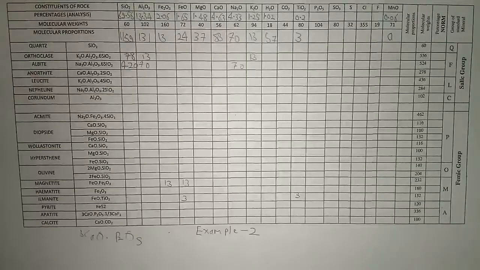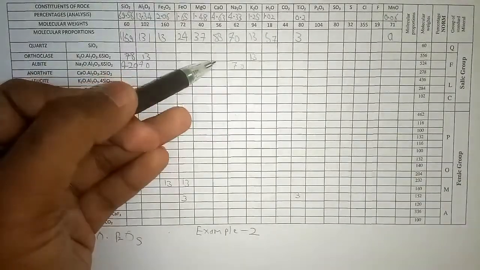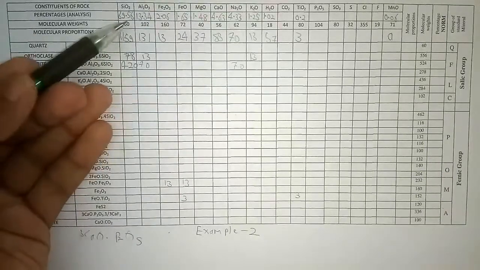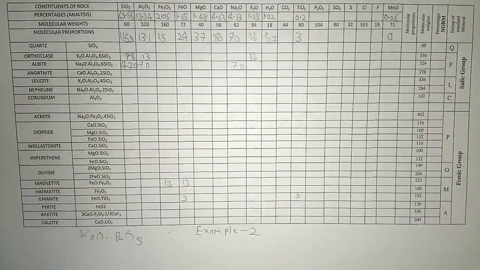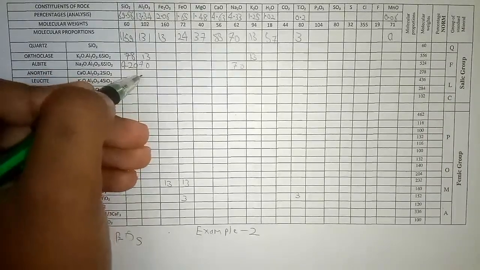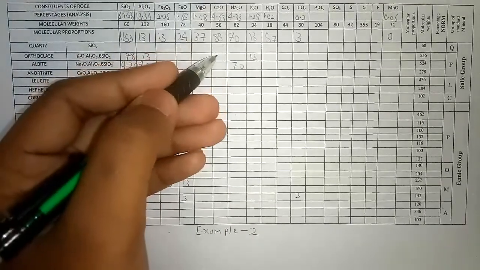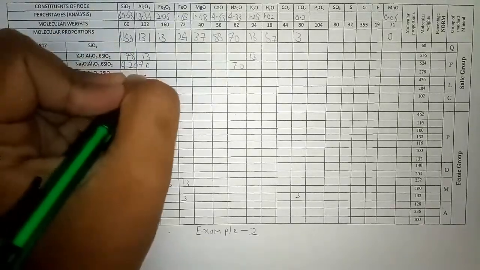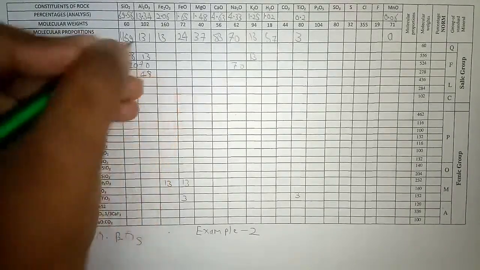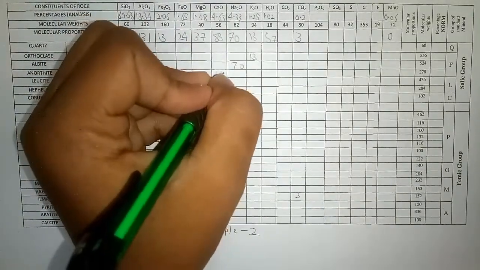Okay, so next is anorthite. Here CaO. So we have 83 CaO. But let's check how much Al2O3 we have left. 70 plus 13, we have used 83. So now only 48 Al2O3 is left. And we have 83 CaO and we have a lot of SiO2, so no need to worry about SiO2. We can make only 48 because we have only 48 Al2O3 left. Now Al2O3 is fully used, so we will take only 48 CaO.